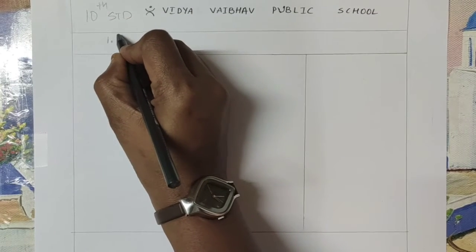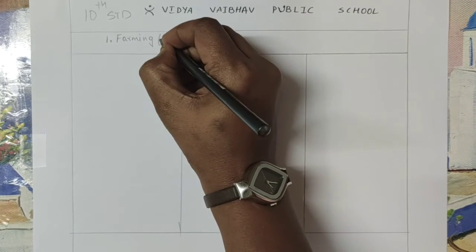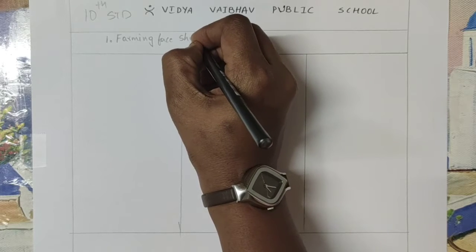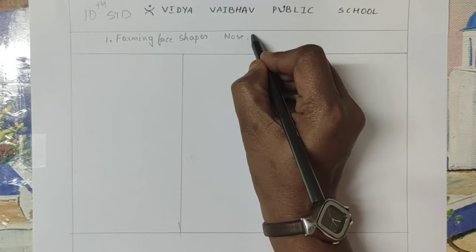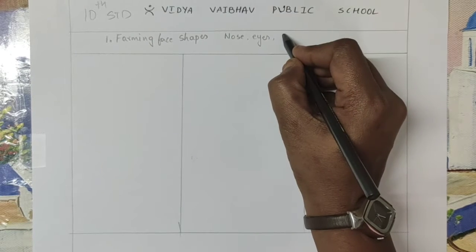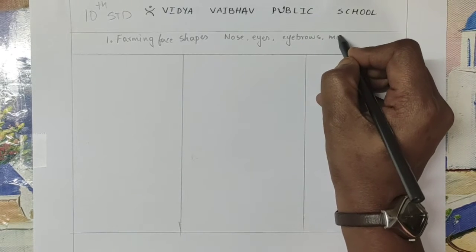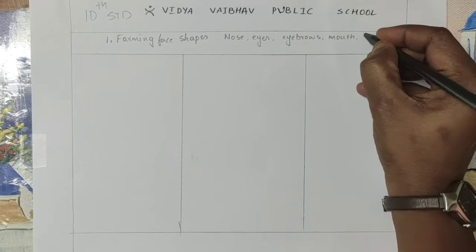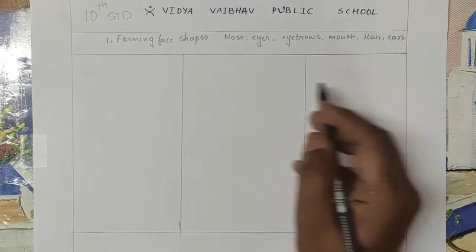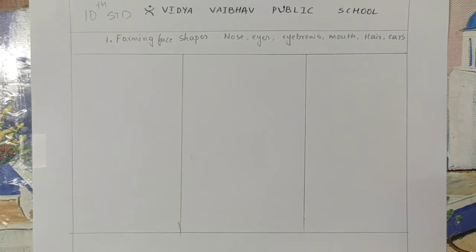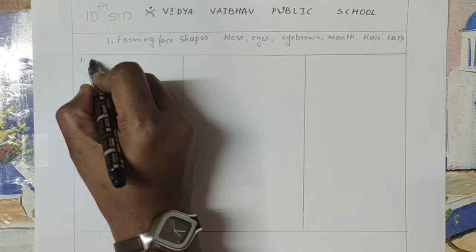The first topic we are learning is forming face shapes. Nose, eyes, eyebrows and mouth, hair, ears, right? Okay. Now the first we are going to see is